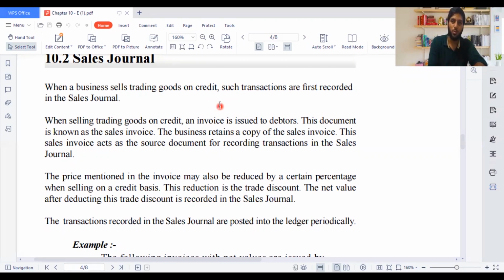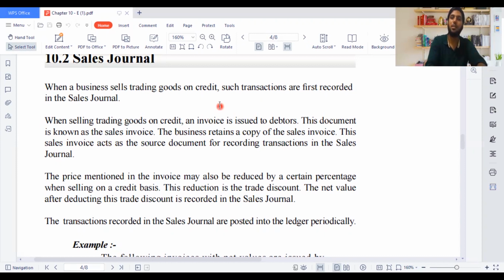And the format is not going to be different. It's going to be the same format which we used for the purchase journal, but a bit different in the way we name the description column. Earlier we said supplier, now we are going to say customers. Earlier we used to record on the credit side of each ledger account, but here we are going to record it on the debit side, and we are going to transfer to the credit account rather than the debit account as in the previous sum. So now let's move on to the sales journal.